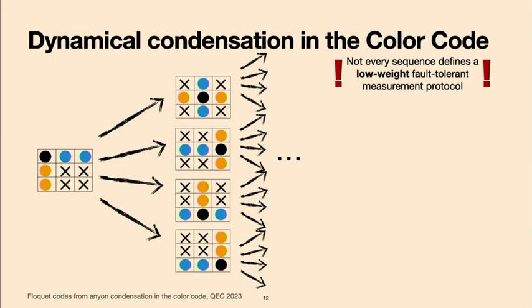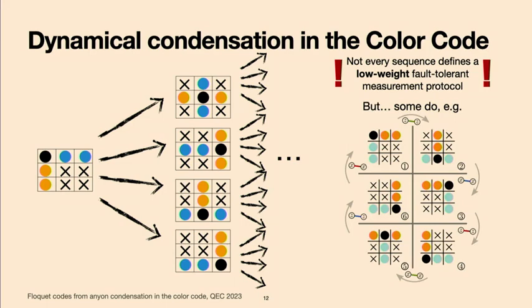And there is a caveat, though, to this. This only describes a process where you go from the stabilizer group of your condensate to the stabilizer group of your other condensate. This does not necessarily define a fault-tolerant low-weight protocol, as in you only measure these 2-body terms. However, we find that many do, and we have a kind of microscopic understanding in terms of the color code